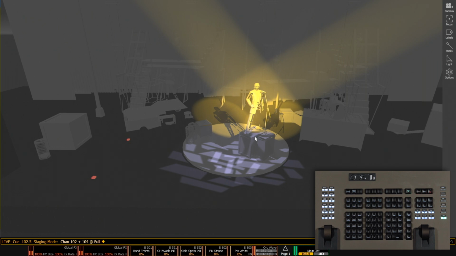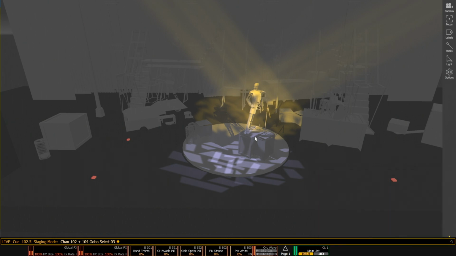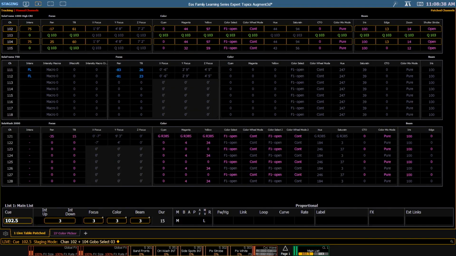And those are a little bright. Let's put those at 75 instead. And I do want to add a gobo here. Let's try our triangles breakup. I'm going to sharpen that a little. I'm going to keep it slightly blurred out. That looks pretty good. All of a sudden, my designer is asking to make some changes to the upcoming cues